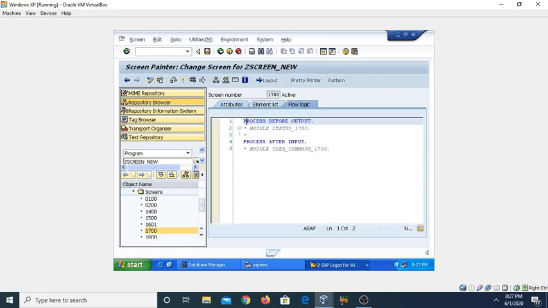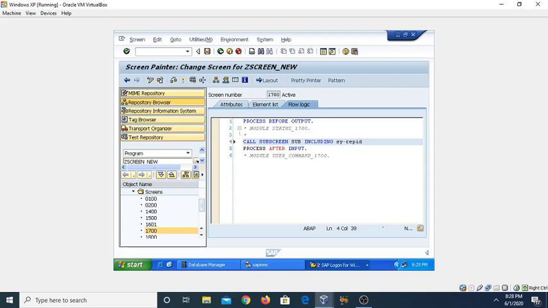In this flow logic you can see we have 2 modules, PBO and PAI. So here we need to call the subscreen, and syntax is call subscreen, then taking n. So we have to define the subscreen area. So in my case subscreen area is SUB, then including, then SY-REPID.